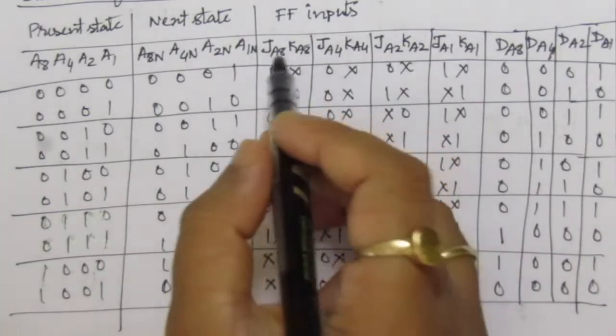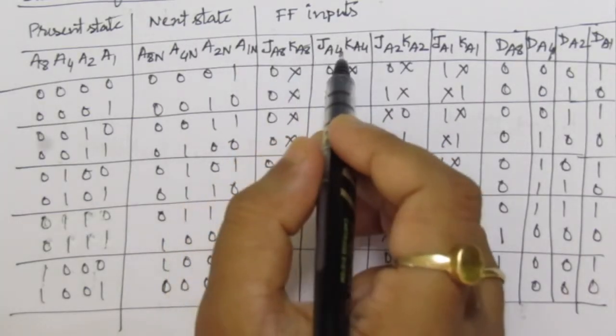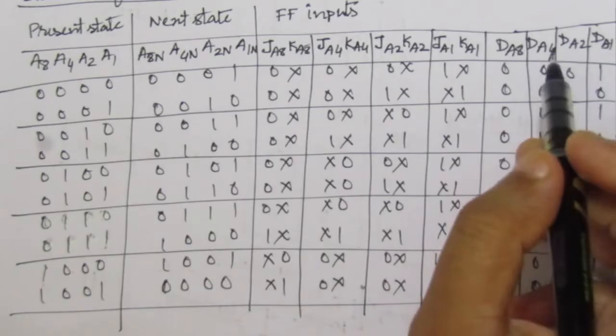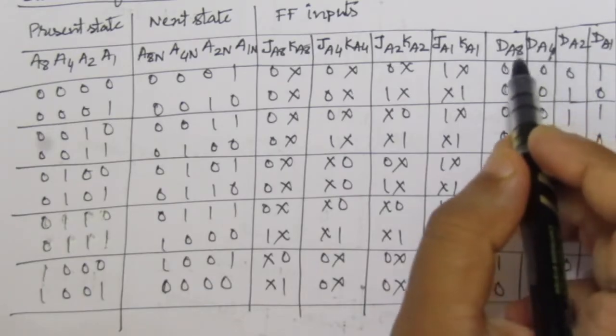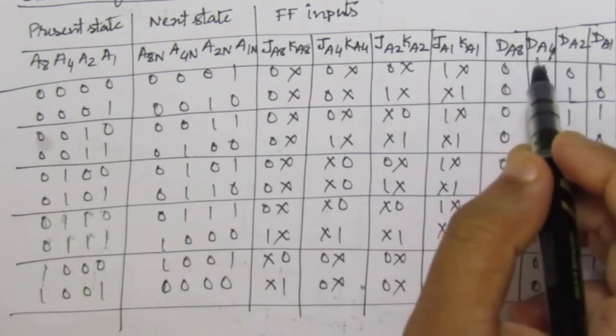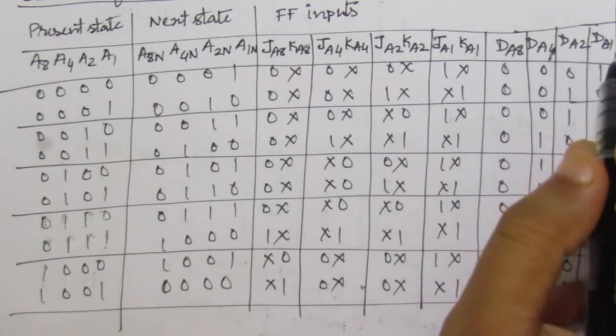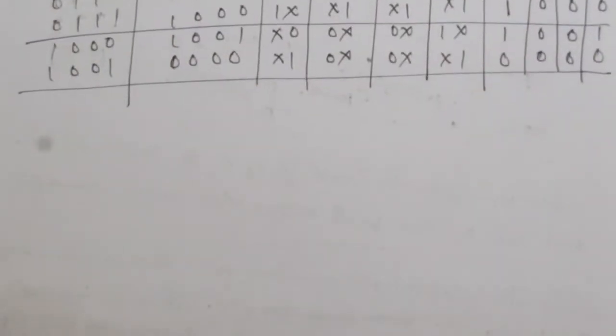So these D inputs are equal to respective these columns. Now we will find out the expressions for JA, KA for all these four flip-flops, and then after that we will find out the expression for this DA8, DA4, DA2 and DA1. So let us find out. So part A, we have to find out the expression for JA, K map for